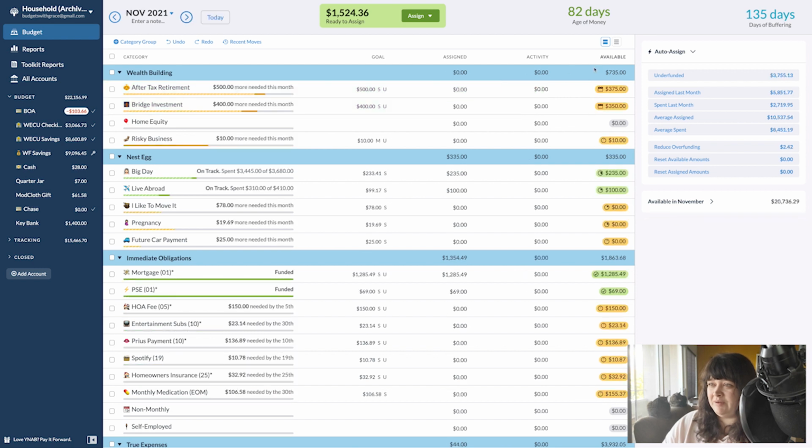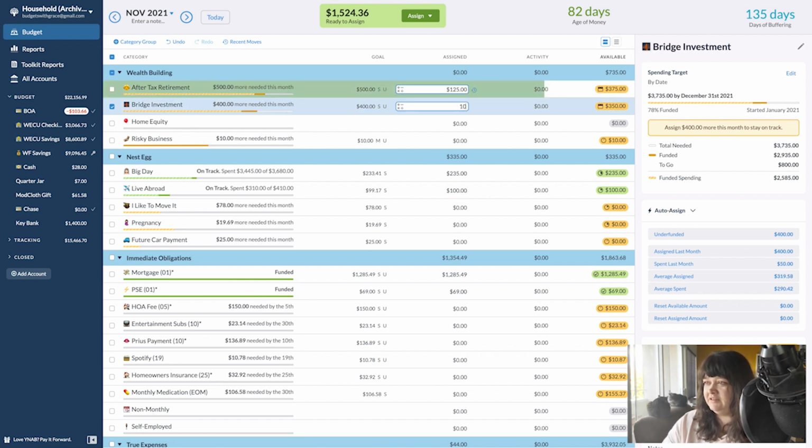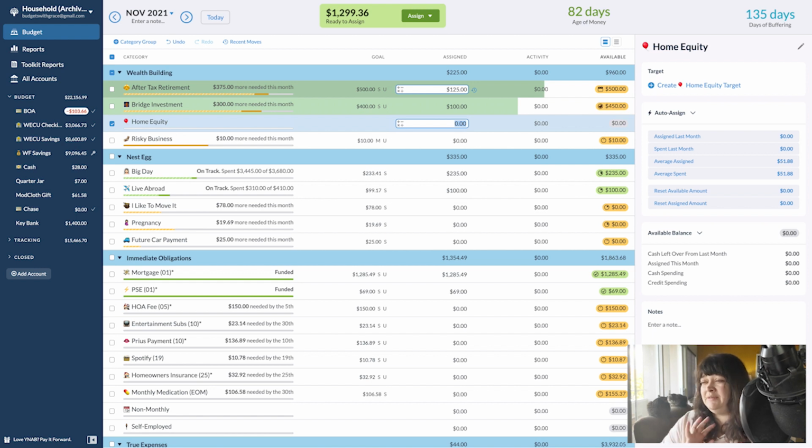Go forward to November and start. My new catchphrase, I guess, is sprinkling it in. I'm just gonna start distributing this so I'm exactly 4 weeks ahead. I try to stay 1 month ahead per YNAB, and yeah, making sure I'm 4 weeks ahead and not psyching myself out, feeling like I need to be 2